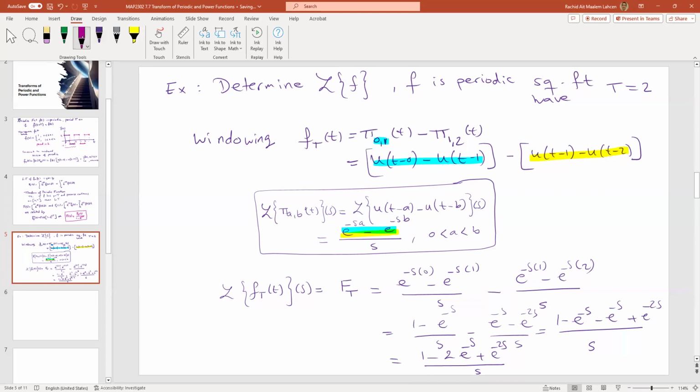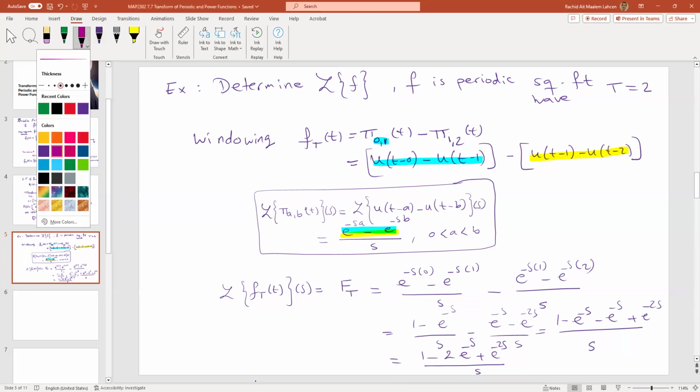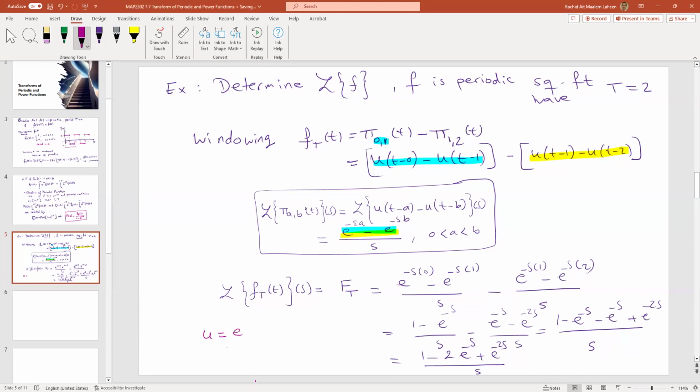So to stay on the same page, I'm going to show you a substitution. Consider u as exponential to negative s. So what would exponential of negative 2s be? By the rules of exponents, this becomes this squared, so it's actually u squared. So if we do that here, it's 1 minus 2u plus u squared over s, just for now to see